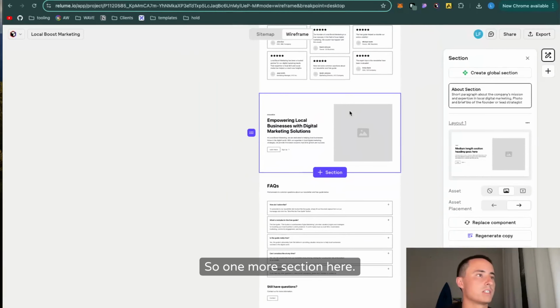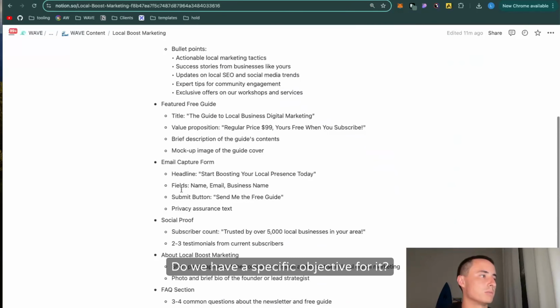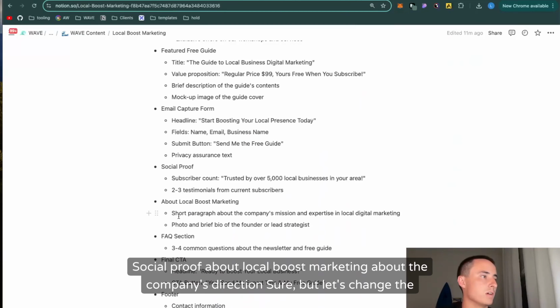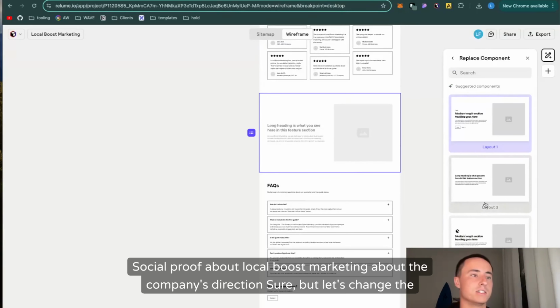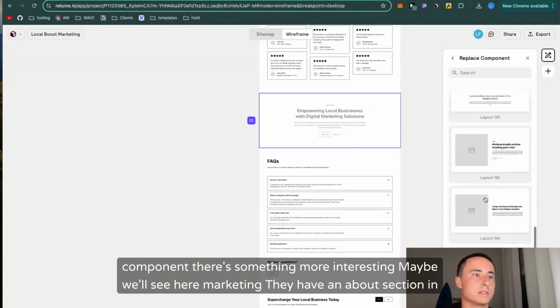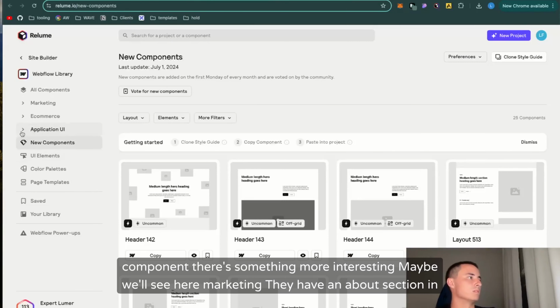So one more section here. Do we want to do that? Do we have a specific objective for it? Social proof about local boost marketing, about the company's direction. Sure, but let's change the component to something more interesting. Maybe we'll see here